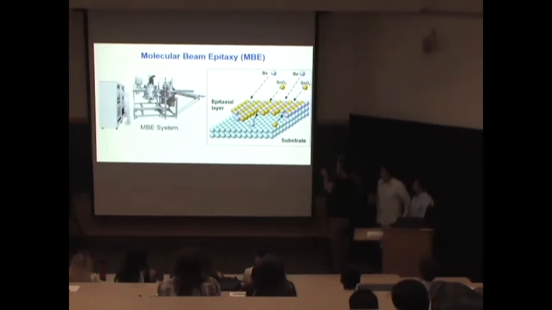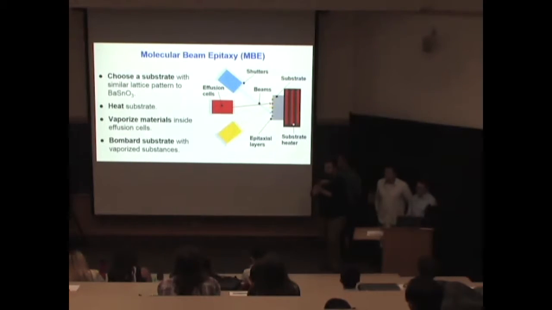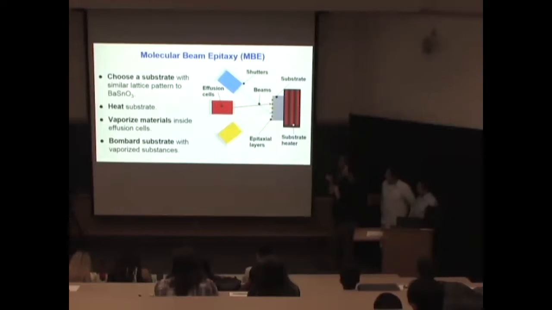So as Eduardo mentioned, we're talking about thin film growth using molecular beam epitaxy, or MBE. MBE is one of the various ways that thin films can be grown, but it is the best way to grow highly ordered and contaminant-free films. On the left here, you can see the entire MBE system with a human for scale. And we're going to be focusing primarily on the growth chamber here in the center. On the right, you can see what takes place, magnified, inside the growth chamber. The layers are comprised of the components of barium stannate, and they land on a substrate, condense, and layer by layer, or epitaxially, form the thin film.